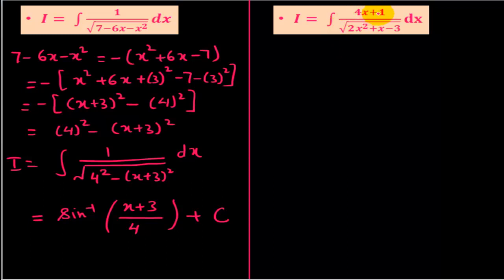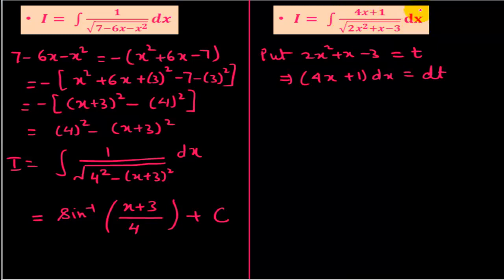You will find here in the numerator we don't have a constant. Numerator is not a constant, you can see. So let us see, is there any relation between the quadratic polynomial in the denominator and the numerator? You will quickly find if we put 2x square plus x minus 3 as t, then on differentiating it, the derivative comes out to be (4x plus 1) dx is equal to dt. So what has happened? The entire numerator along with dx has come out to be the derivative of this quadratic